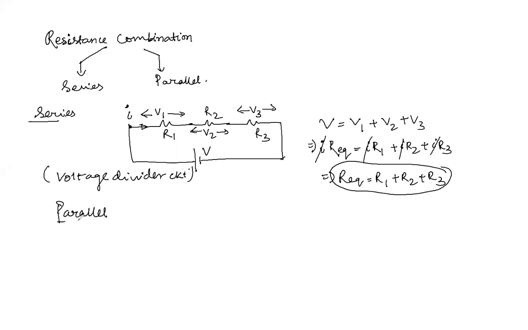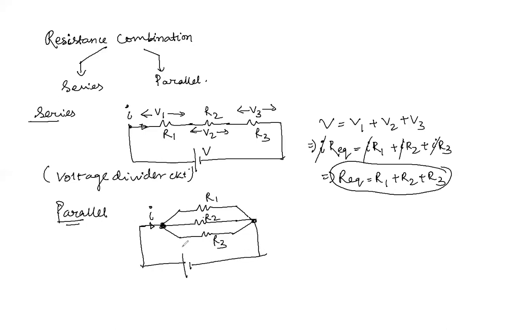What happens in the parallel combination? Let's take an example. All these three resistors are going to be connected in parallel to each other. How do you identify whether it is a parallel combination or a series combination? If these three ends are connected together, and the current is getting divided, in that case we call it a parallel combination. So if I put it across a battery, the battery is going to supply some amount of current. So this is R equivalent.